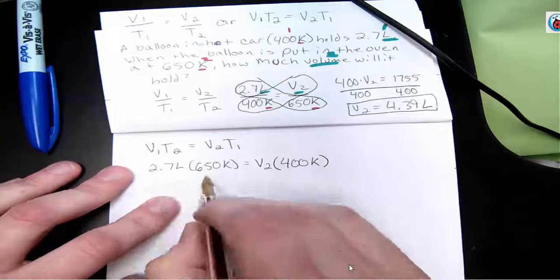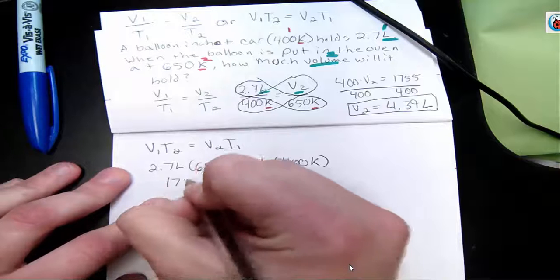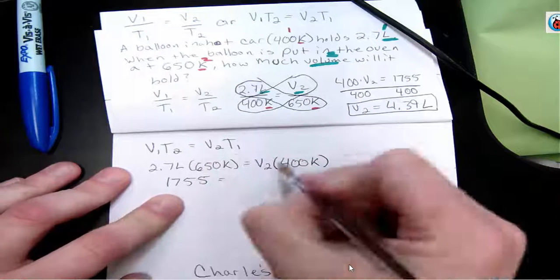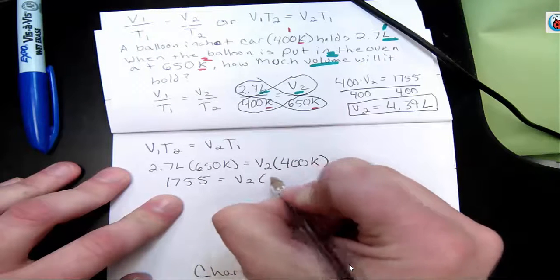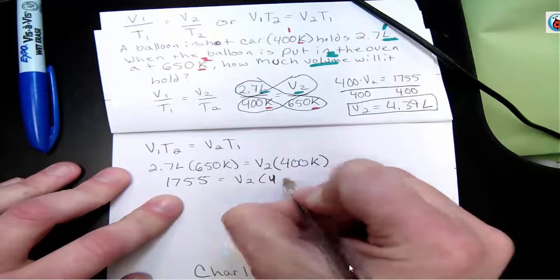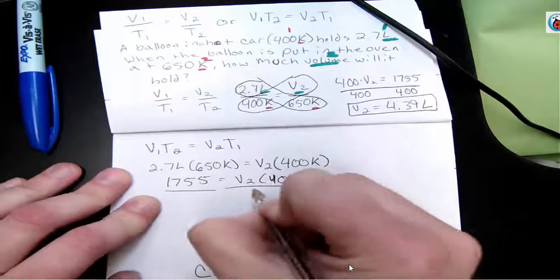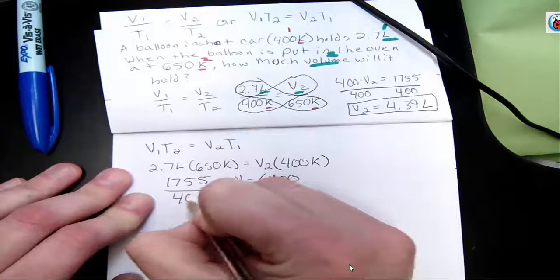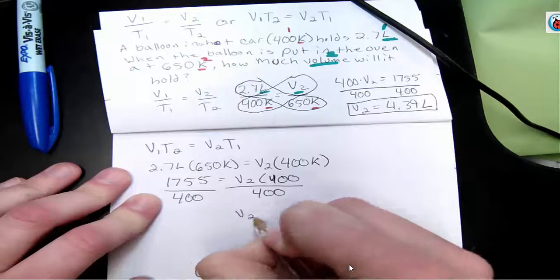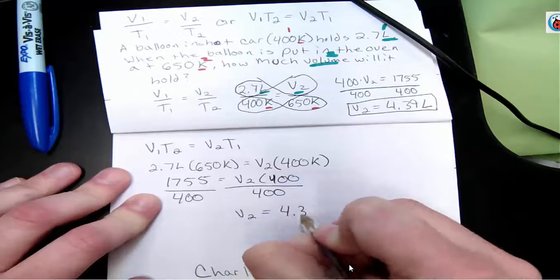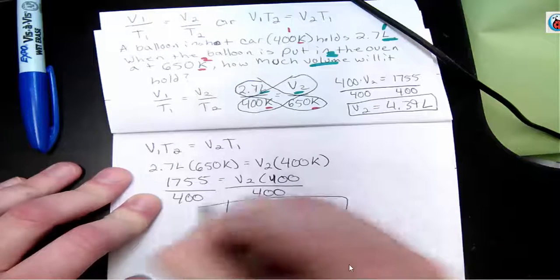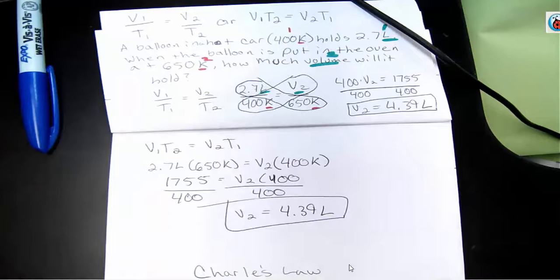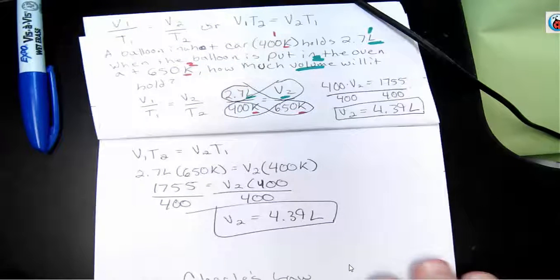Then of course we multiply. This is 1755 like it was before. Then divide by the 400. And you can see we get the exact same answer. Okay, so that, like I said, was ideal gas law and Charles's